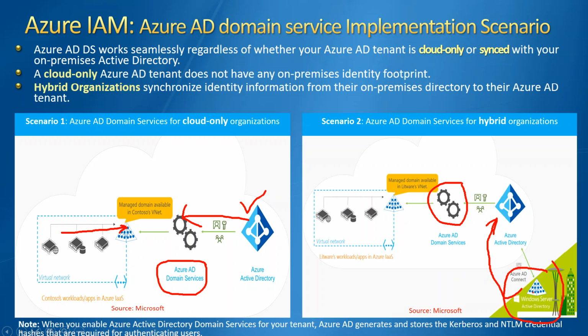So if you have on-prem identities and you're already synchronizing in Azure AD because you're using other SaaS products, and you're using that identity for accessing those SaaS products, in that case, you can go ahead and set up your Azure AD DS. The only caveat is you'll also have to sync the password. Once you've enabled the password sync along with the user identity, you can set up your Azure AD Domain Services,